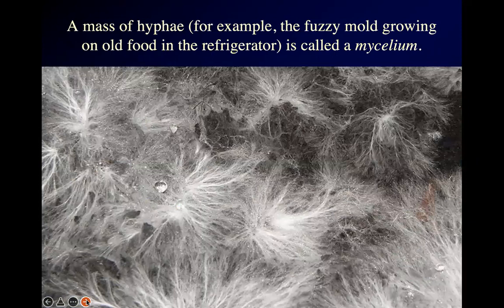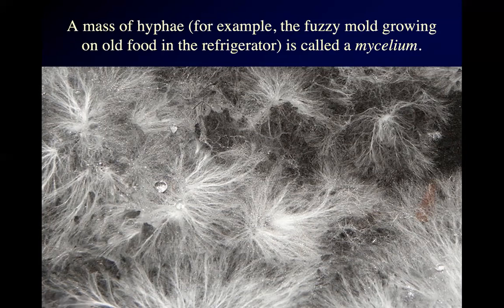And here's a big mass of hyphae. As the hyphae grow, they branch and branch and branch again. And if you have ever left food in the fridge for way too long and taken it out and noticed that it's suddenly gotten fuzzy, right? You have what looks like cotton balls growing on the surface of your food. You've seen this thing before. These masses of hyphae,